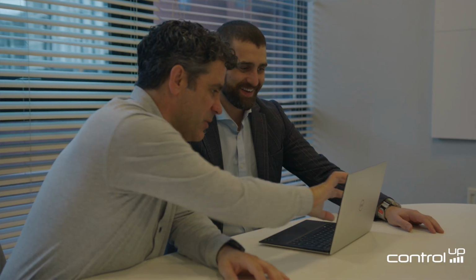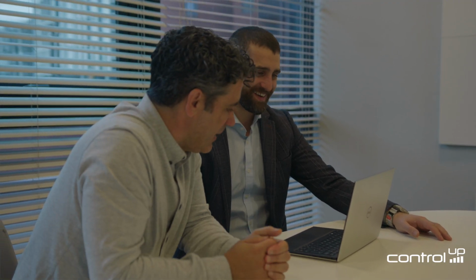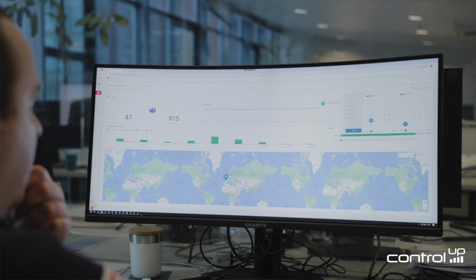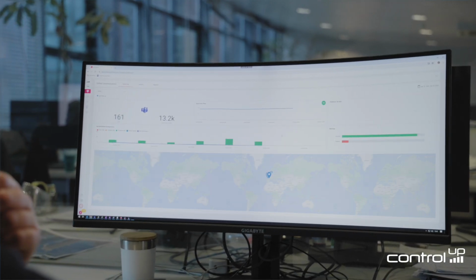Ed3 worked with SimpsonHaugh on deploying a new VDI environment. ControlUp is critical to getting a VDI environment working on a day-to-day basis because it can be running fine and then suddenly you'll get a new project, you'll get a new update, you'll get a new application, and that can affect the user experience. So we need ControlUp to be able to constantly monitor the processes to make sure they're